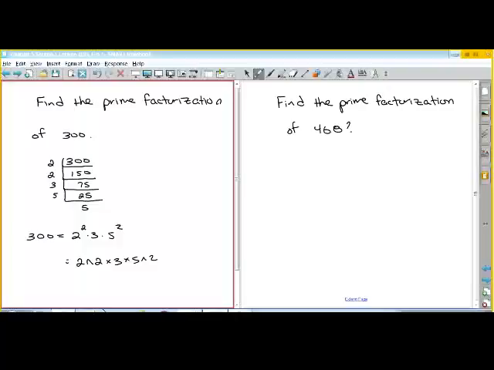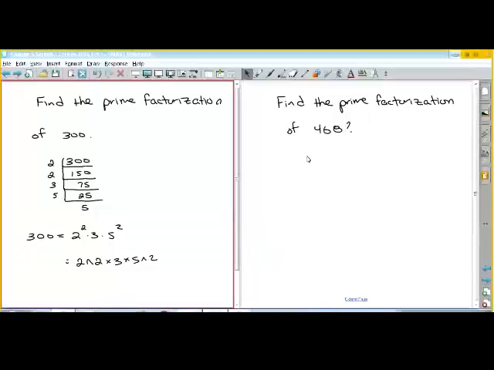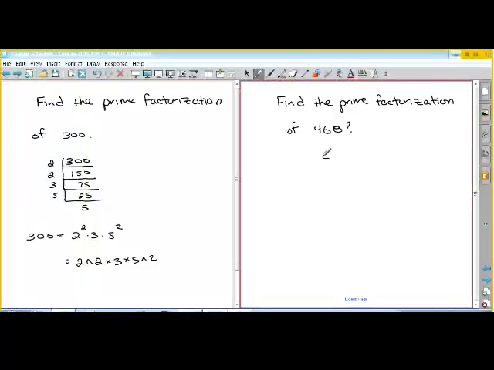Waiting for somebody online to ding in. Oh, there's somebody dinged in. Let's see what they did. Oh, okay. Somebody else did it. I think you've got the right answer. Your formatting is a little questionable, but